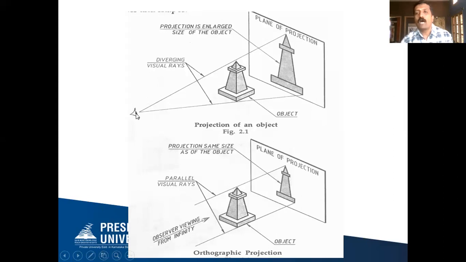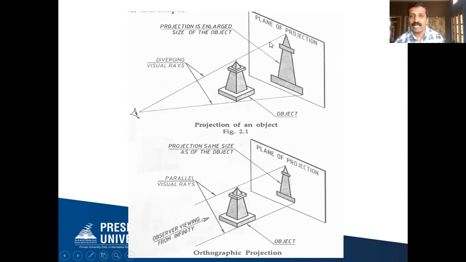Okay, you are the observer. So you are identifying the contour of this, all the endpoints of this, and you are projecting it like this. That means this is the size of the object. So the bigger the size of the object, you can see while projecting it. Whereas in the orthography, you can see the projector lines. So assume that this is my endpoint, the outline or the endpoint that I have identified.